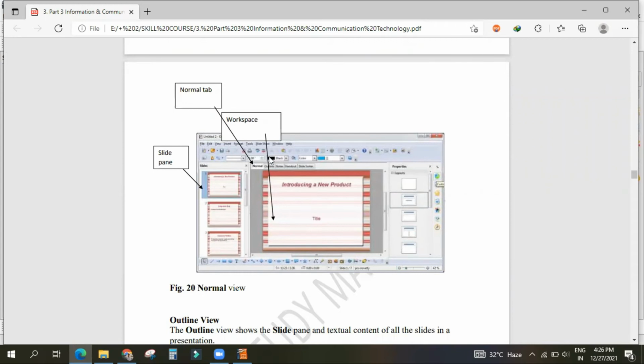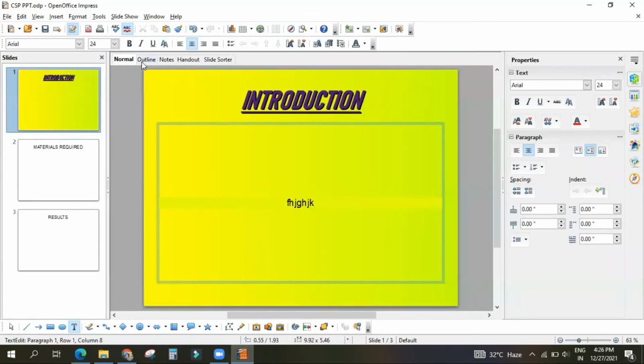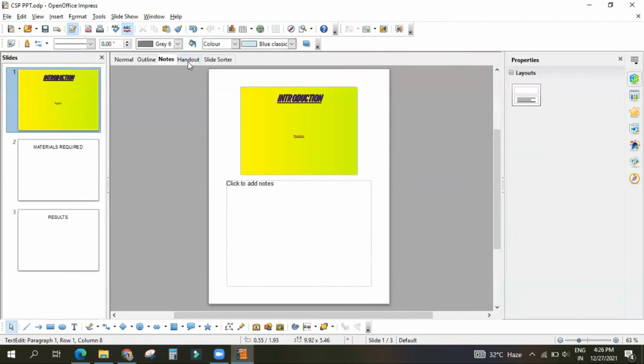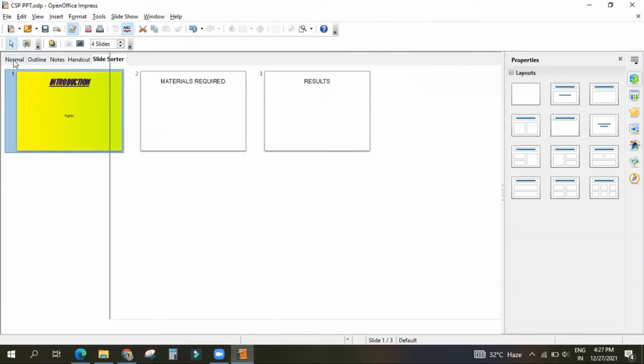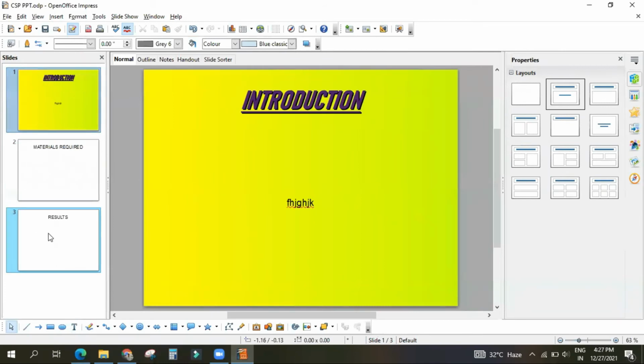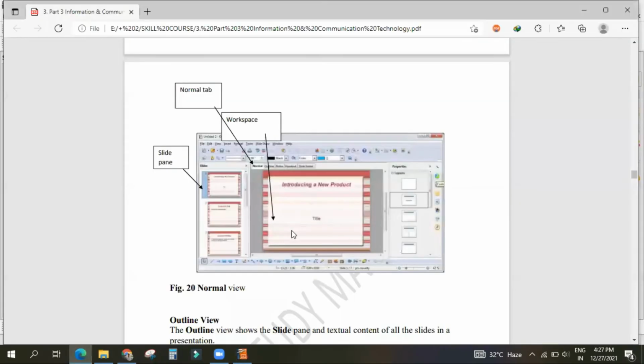There are different tabs like the normal tabs. What space is this? These things you know, I have told you: normal, outline, notes, handout, slide pane. Yes or no? Yes, sir. What is this slide pane, what is this workspace where your editing and other things will be done? Understood? Yes, sir. Those things are shown here.